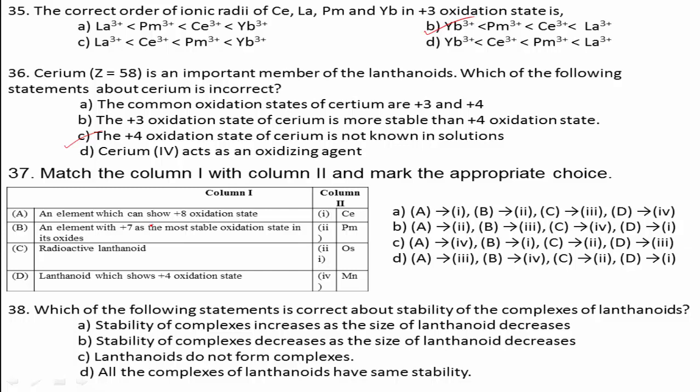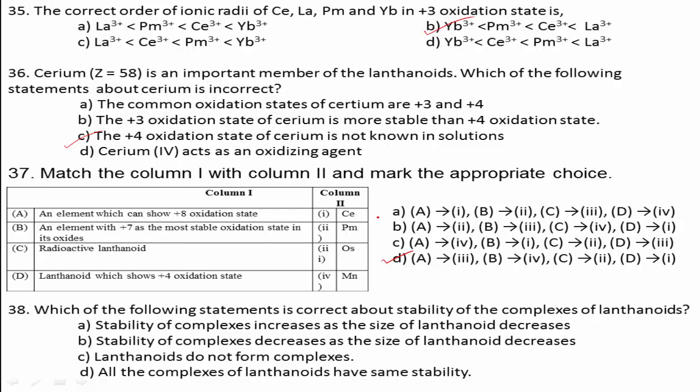Next, lanthanoid cerium shows +4 oxidation state because it has 6s0, 5d0, 4f0 configuration, and it is stable because of the 4f0 configuration. Therefore, the correct answer for this question is option D. Here A answer is 3, for B 4th is the answer, C second one is the correct match, and for D first one is the correct match.